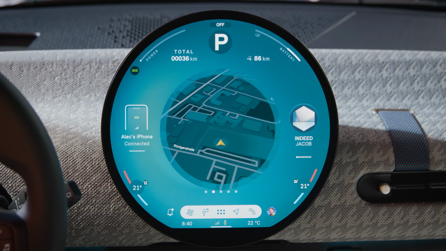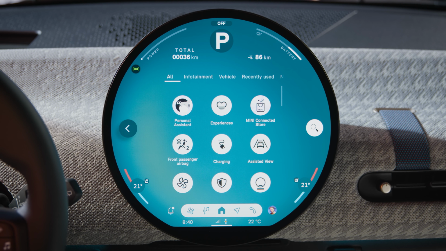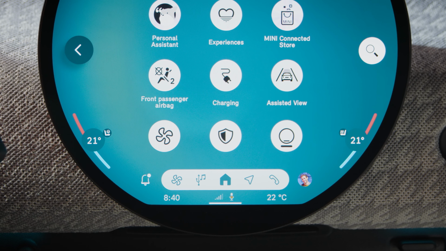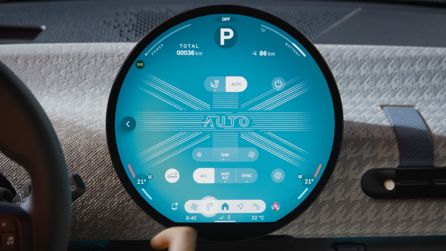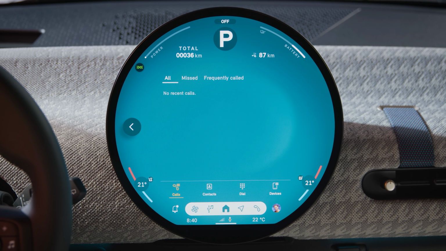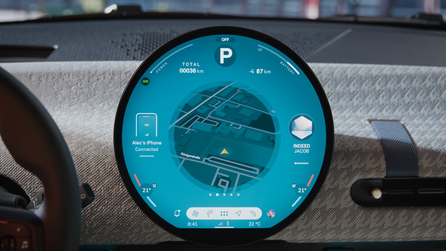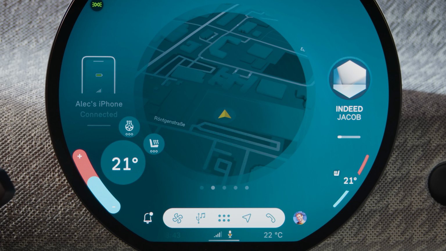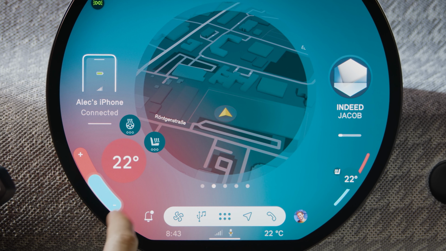Never get lost. The menu at the bottom leads directly to all apps. The climate menu, media, navigation, telephone, or back to home. Press on the temperature to set it with plus and minus for the automatic intelligent climate control and adjust seat